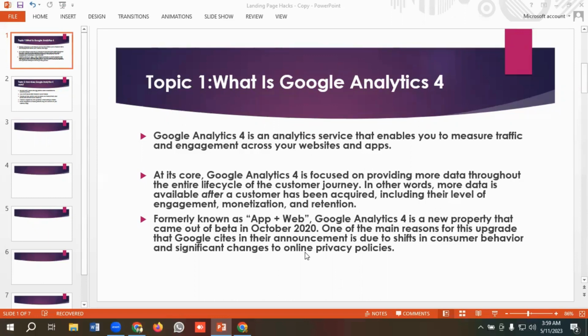and retention. Formerly known as App plus Web, Google Analytics 4 is a new property that came out of the beta in October 2020. One of the main reasons for this upgrade that Google cites in their announcement is due to shifts in customer behavior and significant changes to online privacy policies. Okay, so